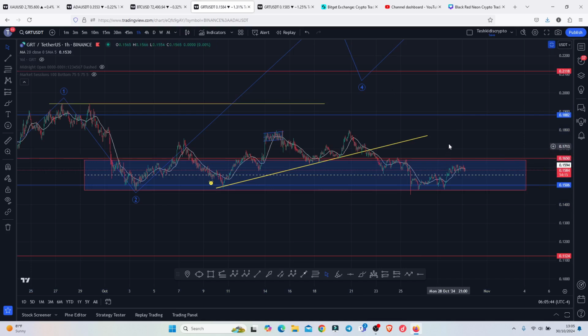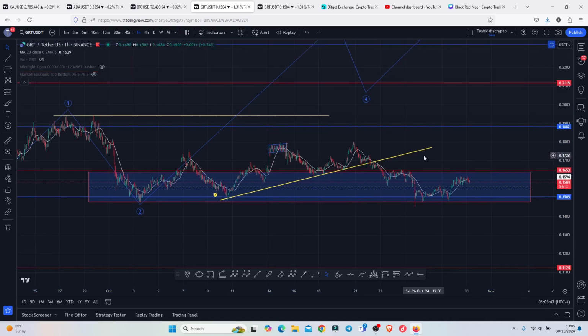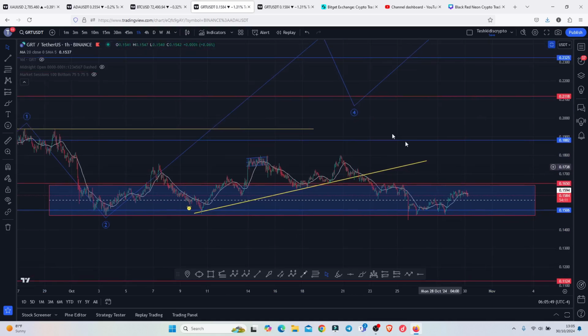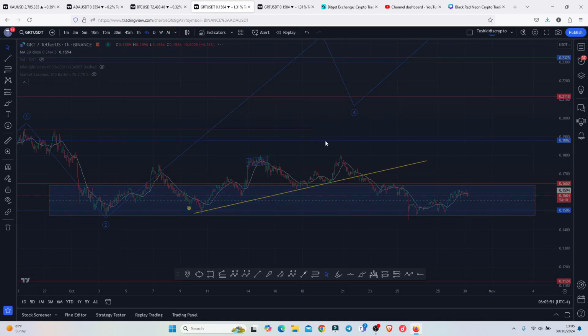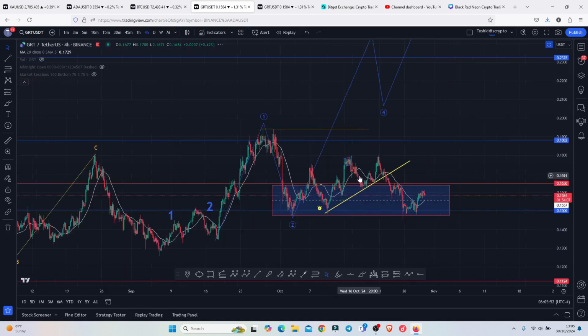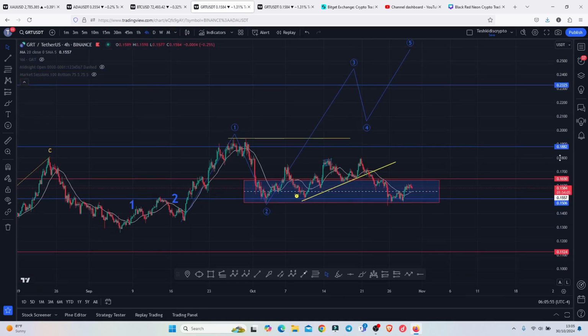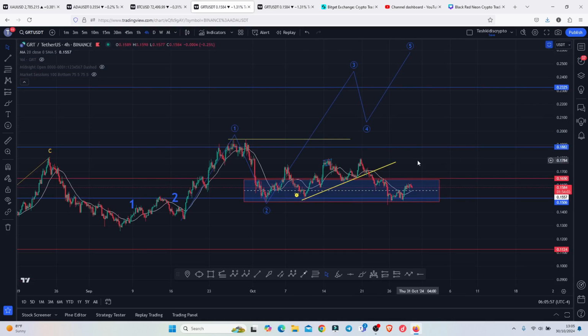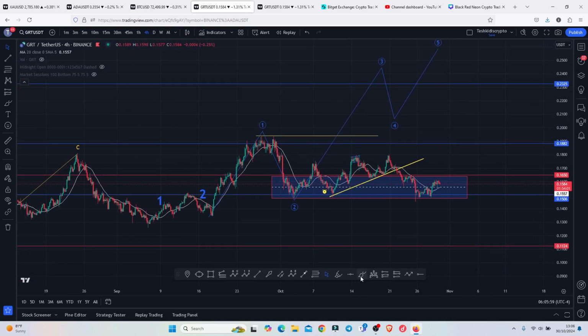And there are high chances that we have the lows in place for that Deriv count 2, and in the next coming hours we can easily start an impulsive movement to the upside in an Deriv count 3. And for that to play out, we first need to see a break above resistance above the 0.165, flipping it back into support. And the moment that plays out, then we can watch for a break above the significant highs we made above the